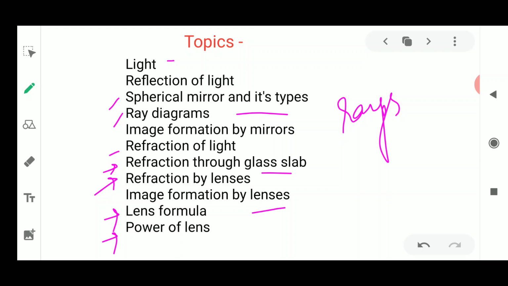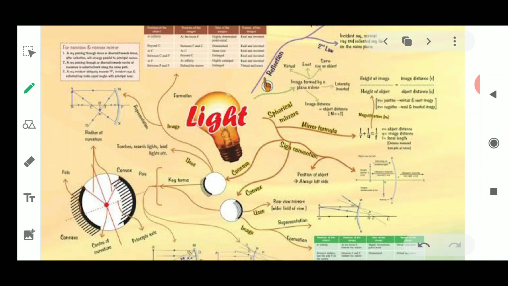Now before starting the lesson in detail, I just wanted to give you a glance of this lesson, what topics are present in this chapter and how they are interconnected. After the introduction of the word light, we go on to the various natural phenomena, that is the reflection of light, in which the image is formed based upon the laws of reflection. So we are going to study the laws of reflection. Then we will see the different types of images which are formed because of these mirrors.